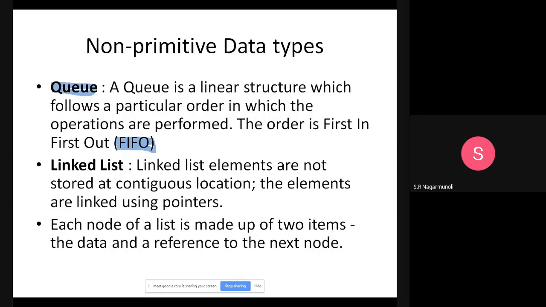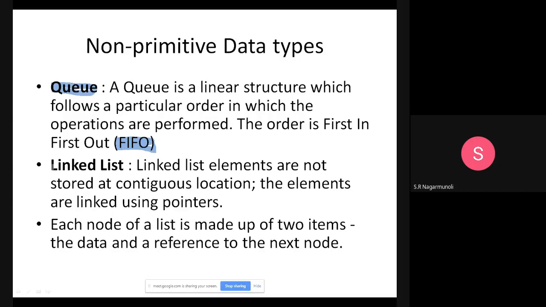This is just like the example of people standing in a queue. The first person who stands at the front of the queue is the first person to get service. So when you're going in a queue, the first person who's in will be the first person to be out. The new people entering the queue will be entering at the rear end or the back end. We'll be learning the several operations on this and we'll also see what the applications of queue are.